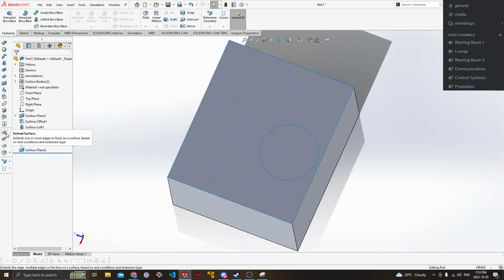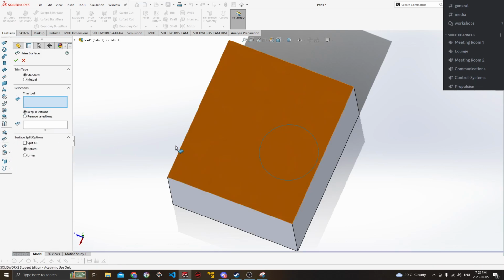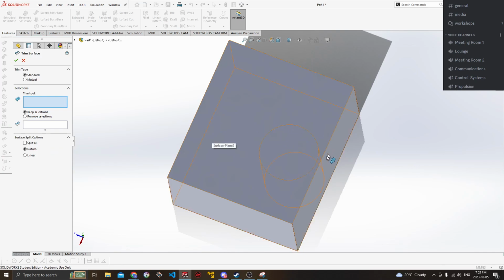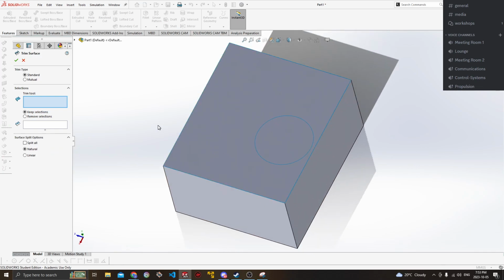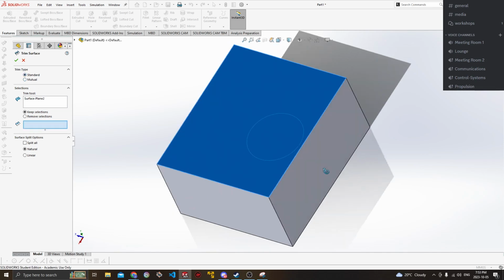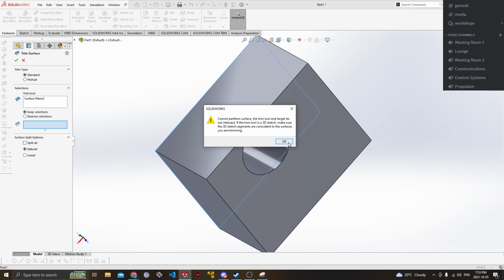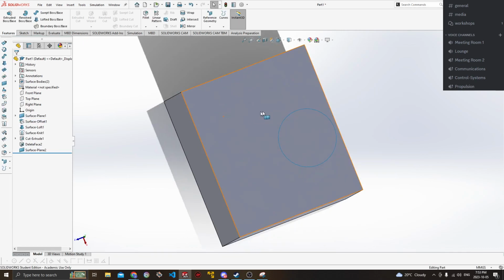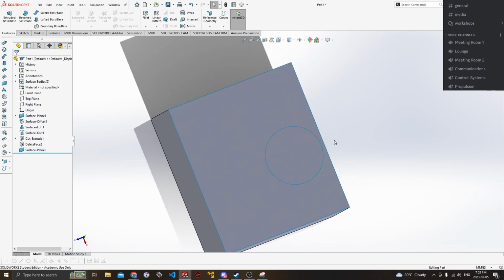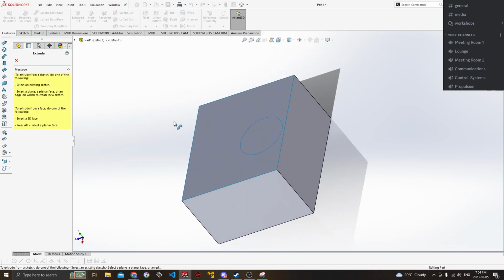The next thing we can do is a trim surface. Okay, so what a trim surface will do is you can take two different surfaces and trim them away from each other. So we're going to do a standard trim. Okay, so we're going to select this, and then we're going to select this face. Okay, sorry, before we do that, it's important to note what we have to do is actually extrude